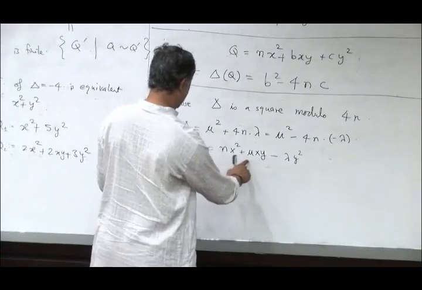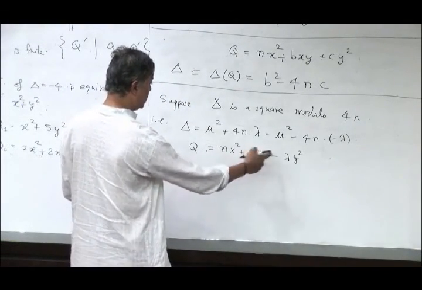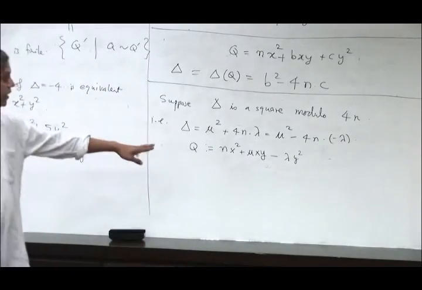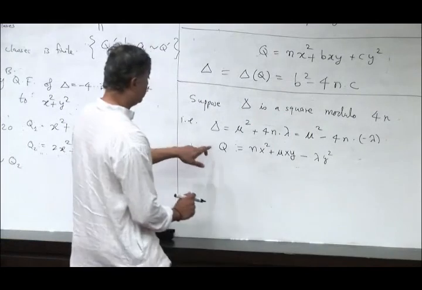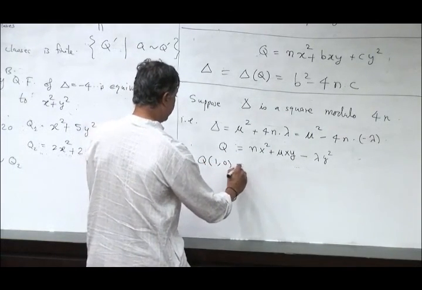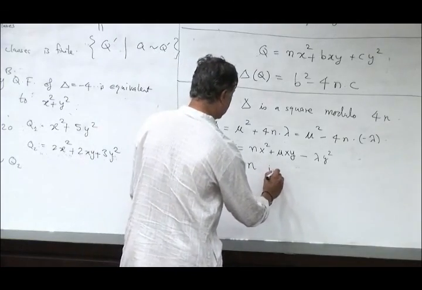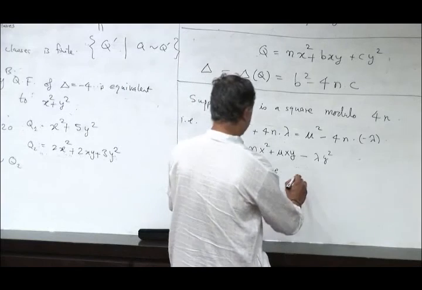What does it give? Okay, let's calculate its discriminant. It's going to be mu squared minus 4n lambda. That's correct. Okay, so suppose delta is a square modulo 4n. Then if I take q to be this, it turns out that q(1, 0) is n. This means, because of this definition, that n is